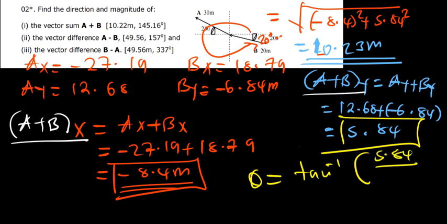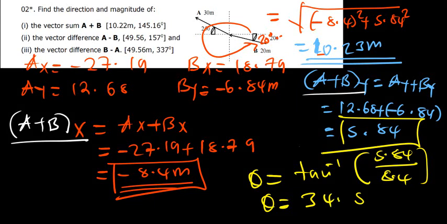For the x component, just ignore the negative. Shift then tan, open brackets, 5.84 divided by 8.4, close the brackets. So the answer I'm getting is